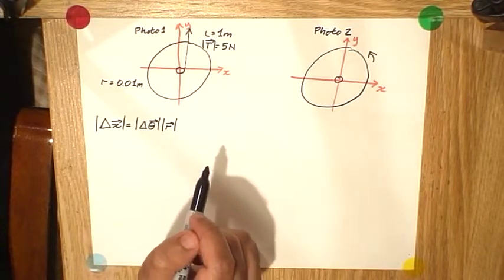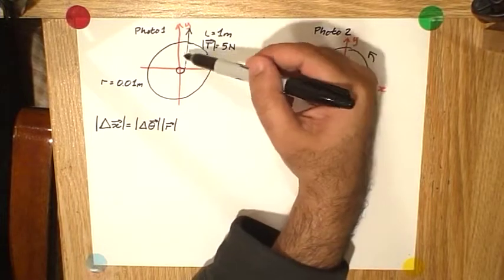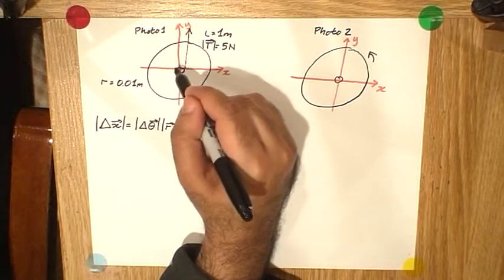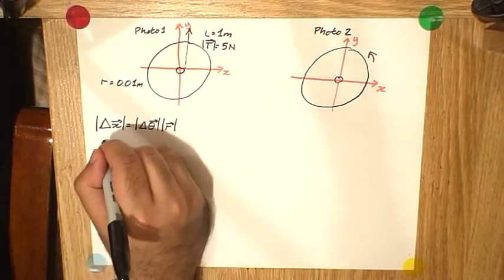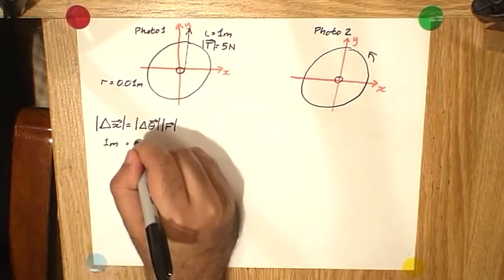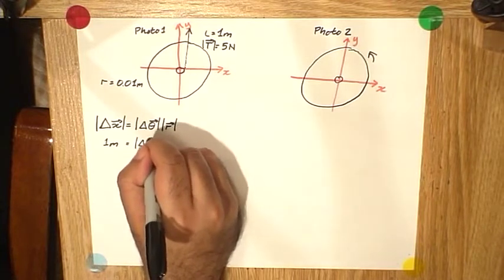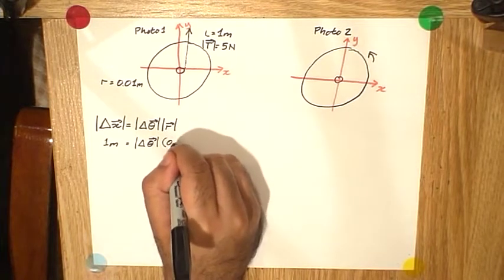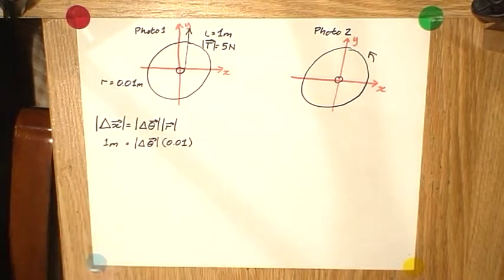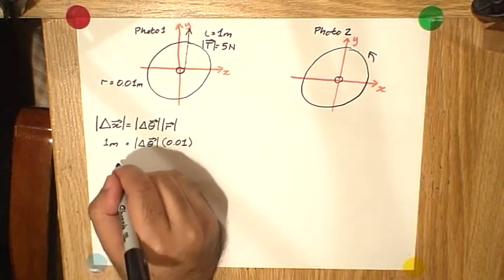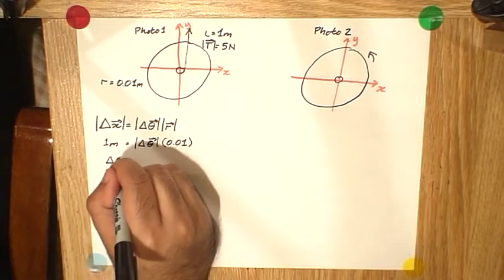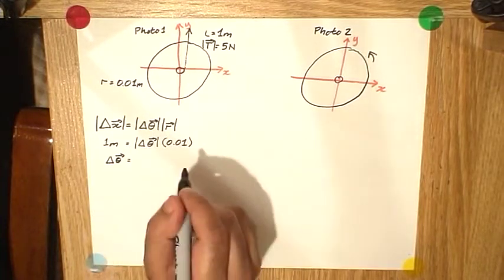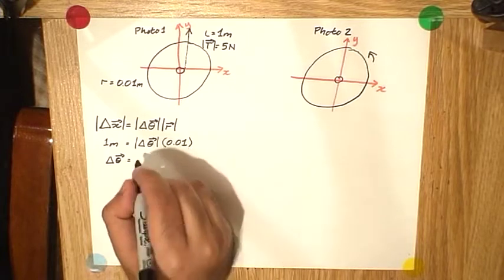So let's put in everything that we know. We know that the string had a length of 1 meter. If it didn't slip on the shaft, then that means that the shaft must have rotated by 1 meter as well. That is equal to the angular displacement, as yet unknown, multiplied by the radius, which is 0.01. So, simplifying all of this, we get that the angular displacement must have been equal to 1 divided by 0.01,